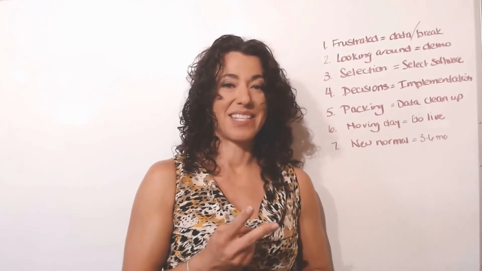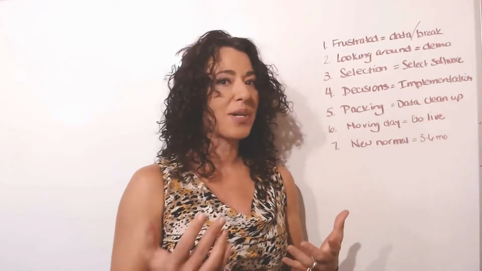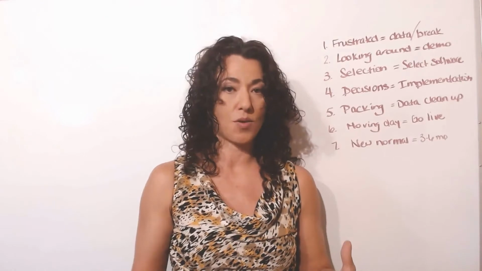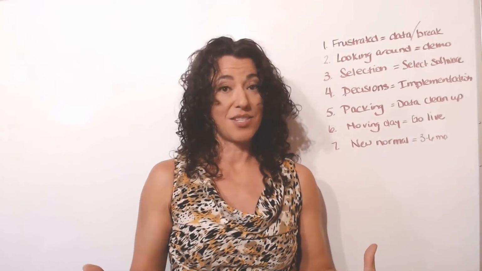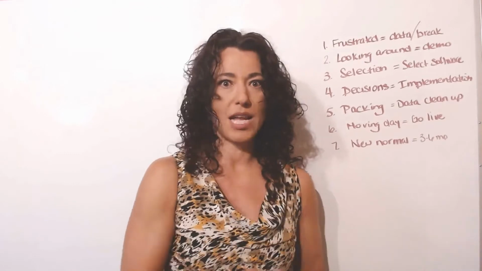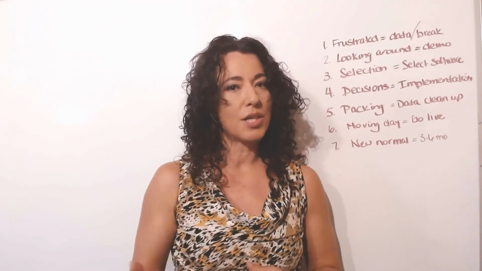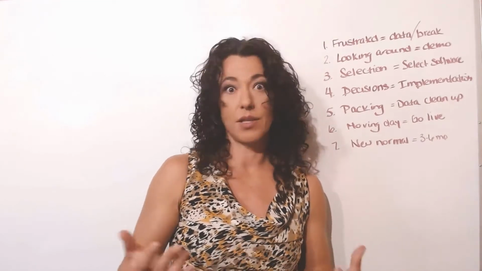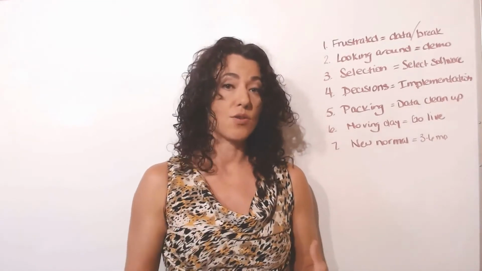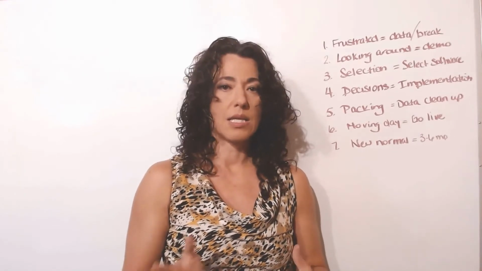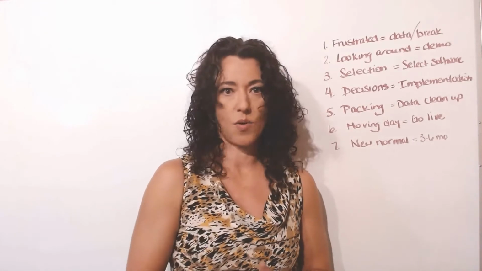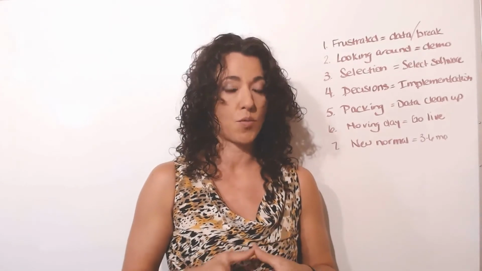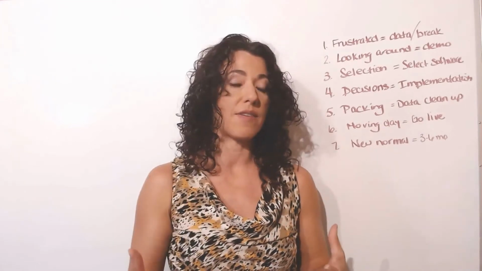The second thing that happens is that you start looking around. Start demoing software. You start maybe going to some model homes. You're going to go look and see what the marketplace is holding for you. And when you're doing this, you don't usually just go and tell the first house you see, that's the one for you. Usually you look at a couple. You do some research. You might even call and ask about builders. You might call and ask about floor plans. So there's a lot of research that goes into this. Some people are doing this process in 30 days. They get it done relatively quickly. Others are taking up to 6 months just to figure out what they want their new software to look like, asking questions and doing investigations.